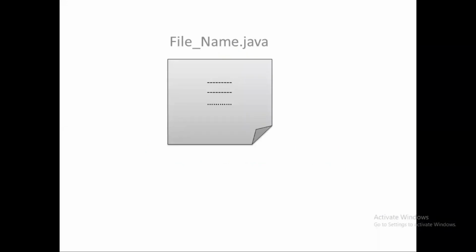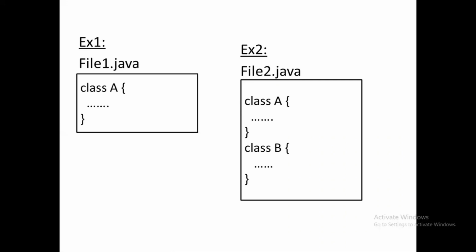Here, if you want to start with Java programming, we need to create a file. So we need to create a file with the extension .java. If you create any Java file, it must have the .java extension. The file name could be anything. Just for example, in example 1, you can see that the file name is file1.java, and inside the file